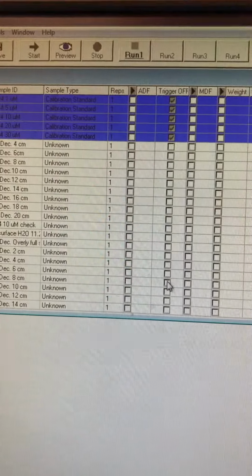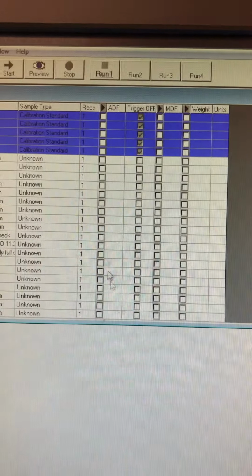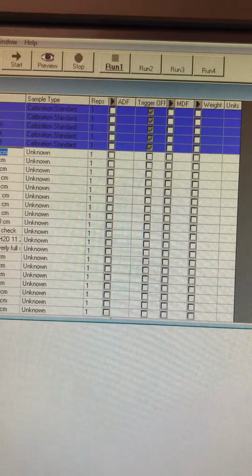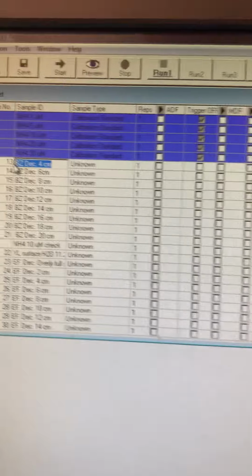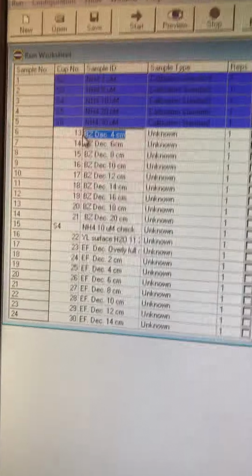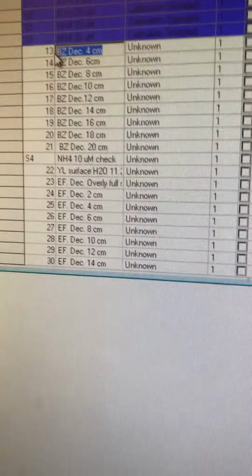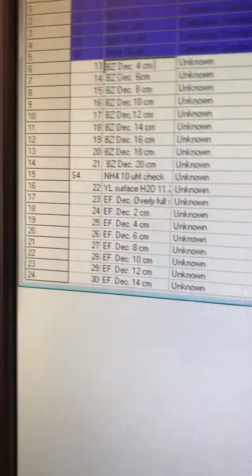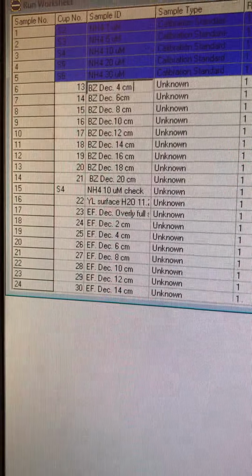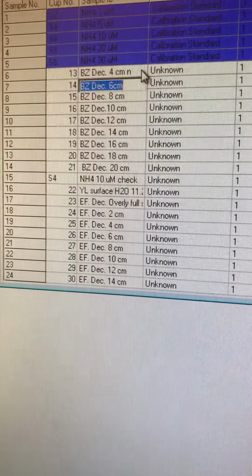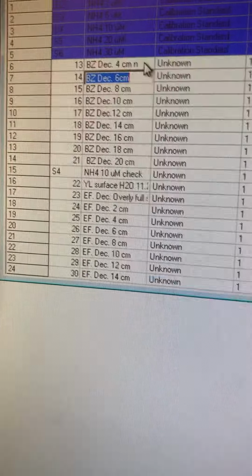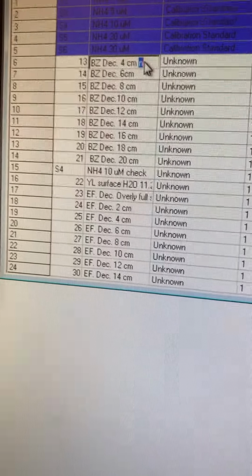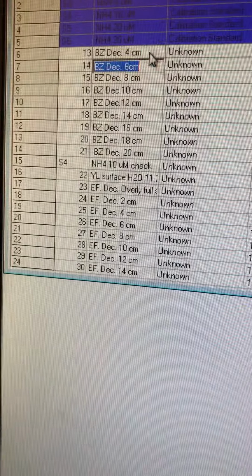We won't indicate any of these trigger or reps. We will just focus on this. If you want to edit within here, you need to delete the information in there, and then type over it, and then hit enter. So let's say we change this name slightly, and hit enter. You have to hit enter or it does not keep what's in there. And then you can double click to go back in, and hit enter again to move down.